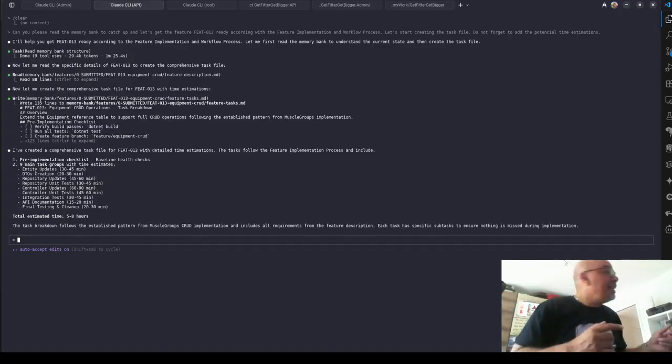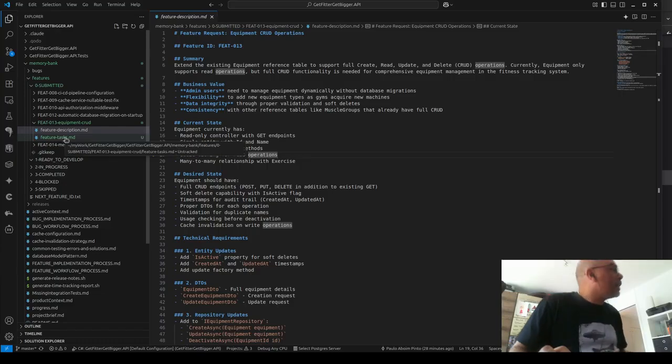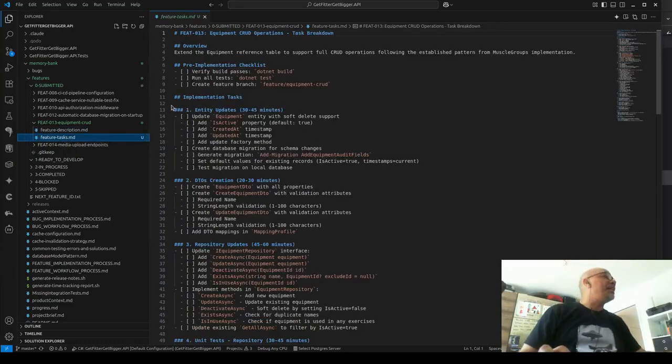And now it's done. Now we're going to be able to see that it creates the file. Then we can see that he already created some rough estimation. Let's see how he did the file. You can see here, it's still in the submitted phase, but we already have the tasks, which is very important. But in the tasks, we're going to see that it is not yet totally the task file. We have a rough estimation on the topic only, not on the files. Now this will be the next step, when you're going to be able to say, can we do the fully